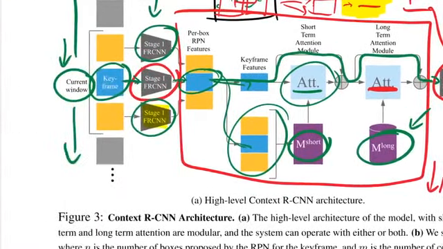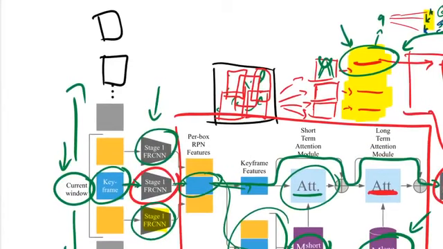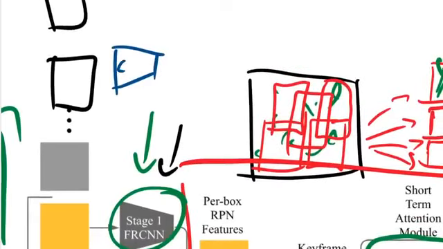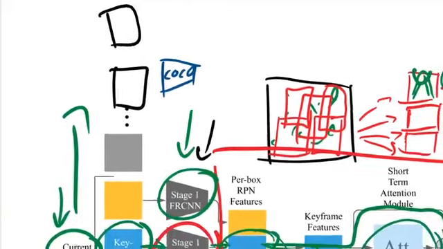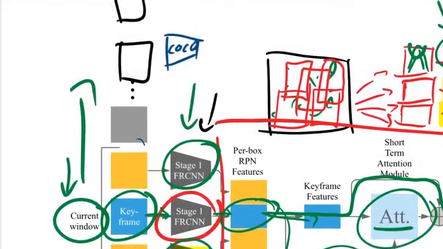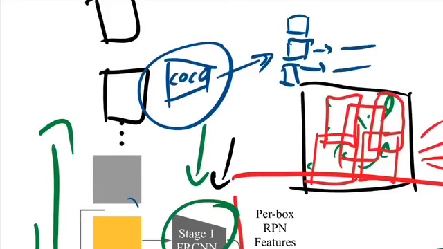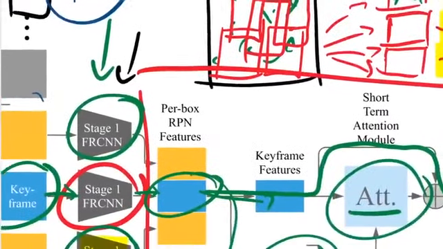The paper decides that for all of the past, basically, right here, we'll take a pre-trained object detector. So not the one we're currently training, but a pre-trained one that was pre-trained either on something like COCO, which is an object detection dataset, or you can pre-train it on COCO and then fine-tune it on the task you're interested in in a single frame fashion. Either way, we'll take a pre-trained object detector or region of interest extractor, and that will give us, for each frame in the past, the regions of interest along with the features. And these are the features that we then go and put into